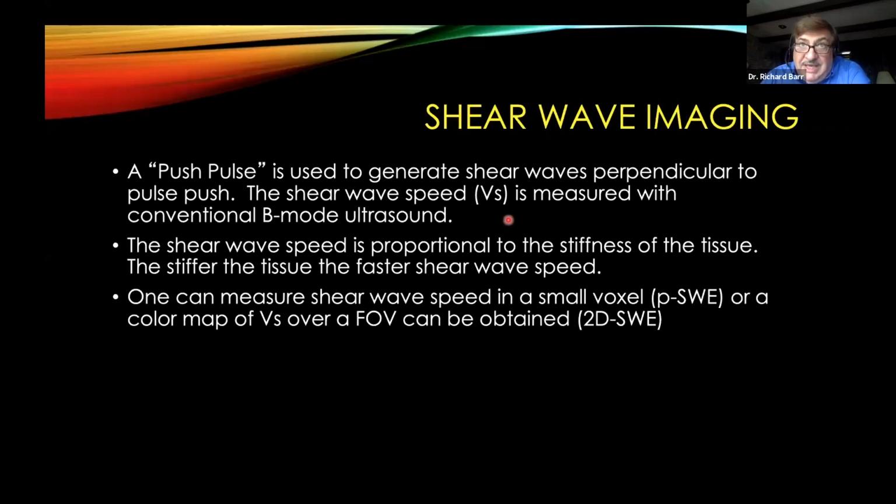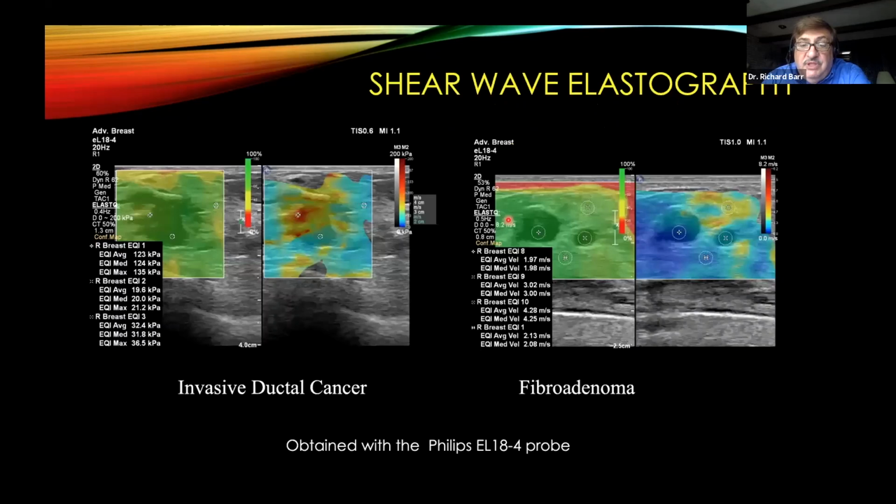However, when you're looking at cancers or focal lesions, malignant lesions are always very heterogeneous in stiffness. So you need to know where to place your ROI box to find the stiffest area to get a good interpretation. So we can't use point shear wave because we don't have that color map to tell us where the highest value is. So in breast, we're always going to use 2D shear wave, look at that color map and find the area of highest stiffness within the lesion or the surrounding 3 millimeter area.